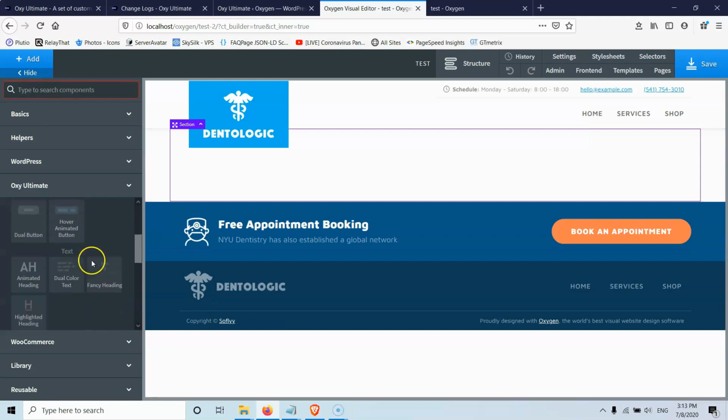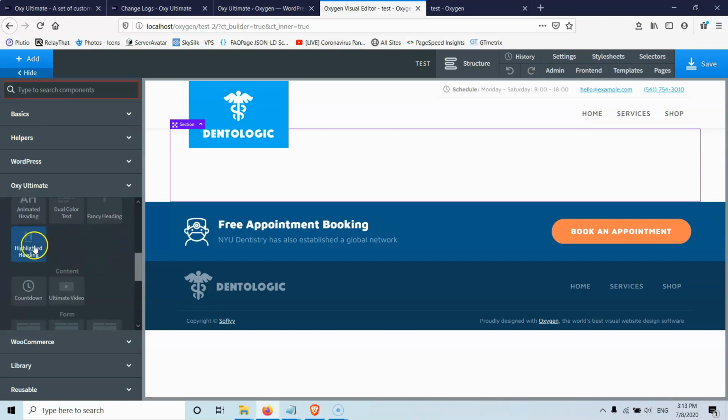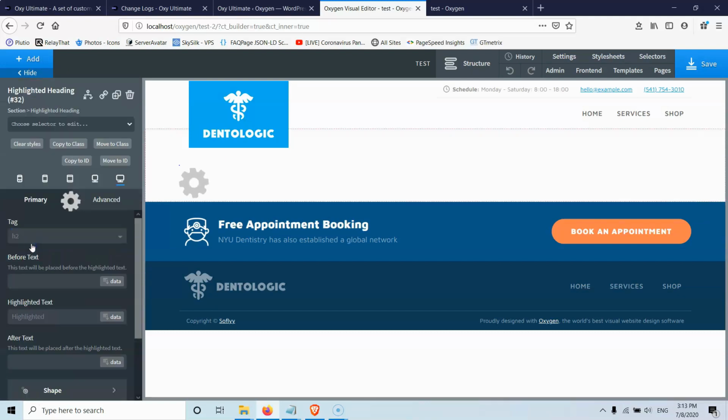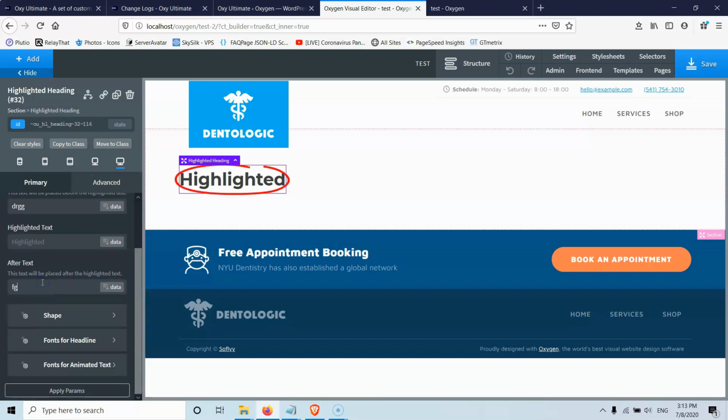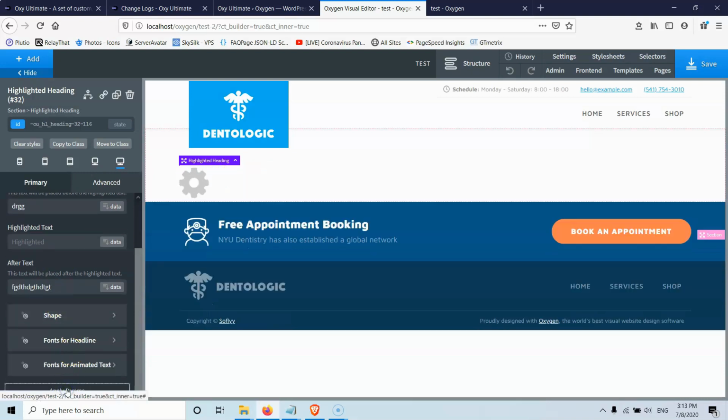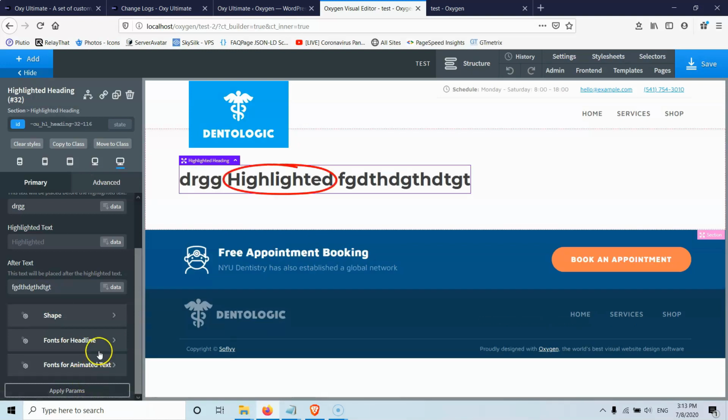Let's go and add another element like the fancy heading. Okay, and as you can see, this is a highlight element, and we can have the before text, which can always be dynamic data. We have the alter text, something like that. Apply parameters. And this is the highlight text test.